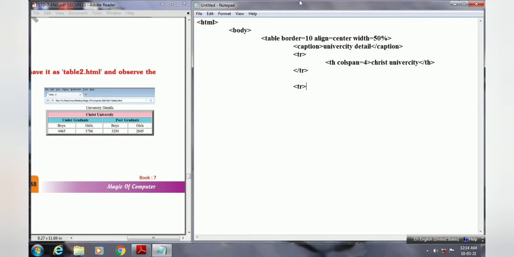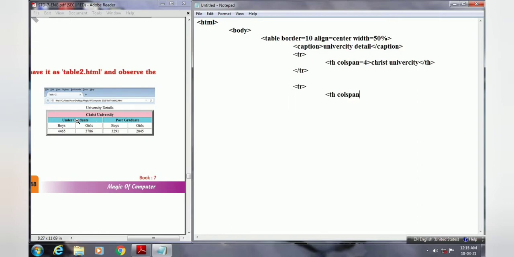Now in that one, how many cells are here? Two headings are here. So here also we have merged the cells. See here, in the first heading we have merged these two cells, and in the next, postgraduate, we have merged these two cells. So now we will use the th tag here, opening th, and which attribute is there? Colspan only.